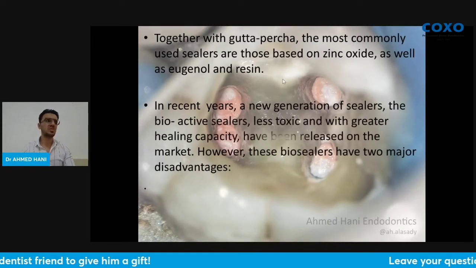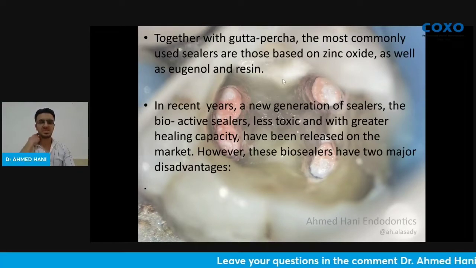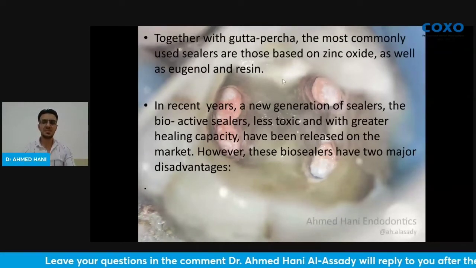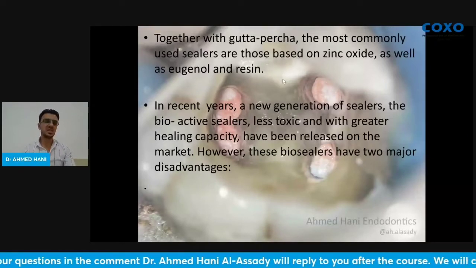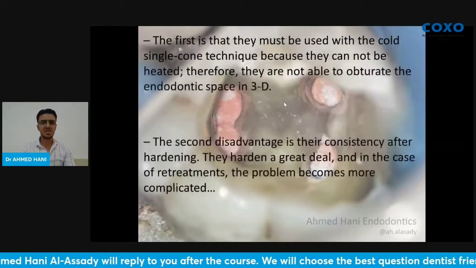This is in almost technique used. In recent years, a new generation of sealers, the bioactive sealers, which are less toxic with a great healing capacity, have been released on the market. The BioSeal, however, has two disadvantages. The first one: